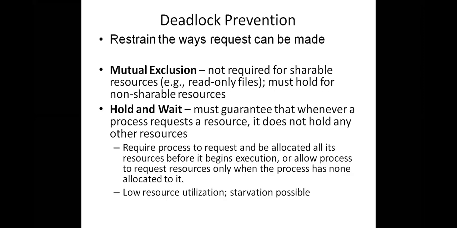Okay, the first one is mutual exclusion. Mutual exclusion means at a time only one process uses the resource. I repeat, what is mutual exclusion? At a time only one process is allowed to use the resource. There are two types of resources: shareable resources and non-shareable resources. What is an example of a non-shareable resource? Printer. At a time, two processes cannot take a print. We cannot take two prints at the same time. One after the other will get it, right? That means the printer is a non-shareable device.